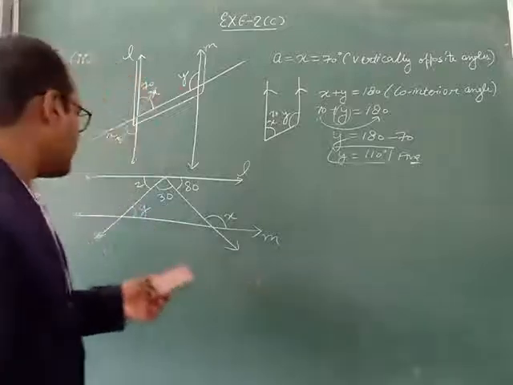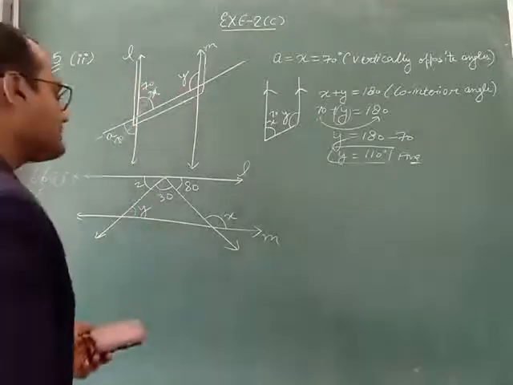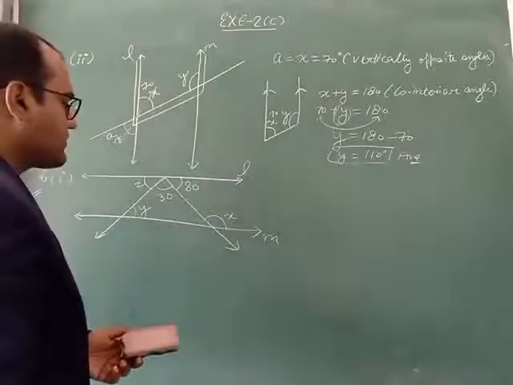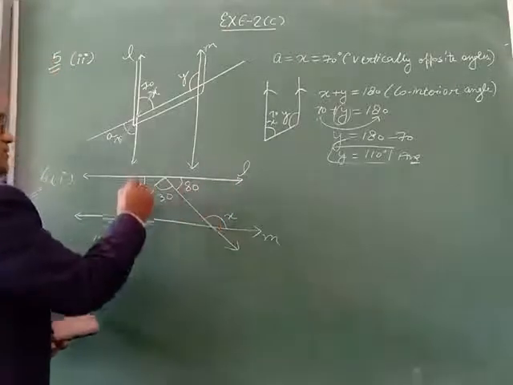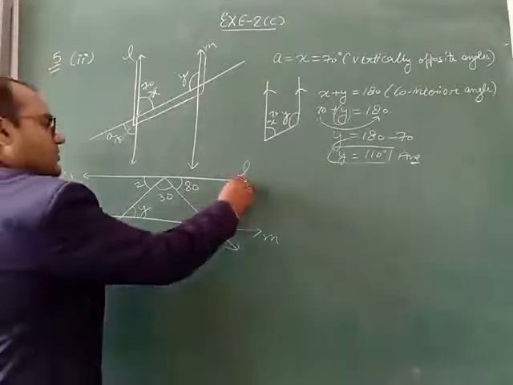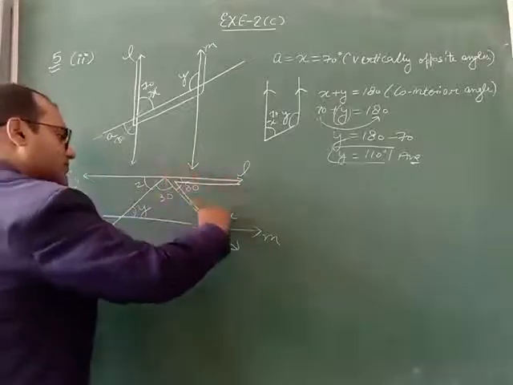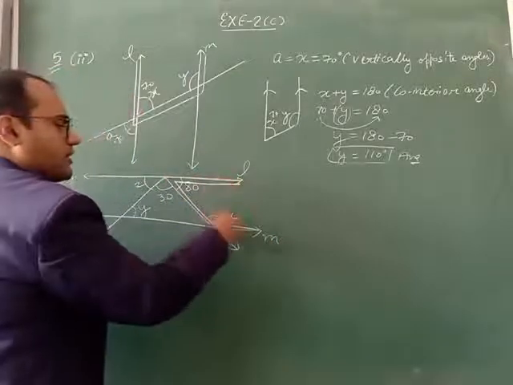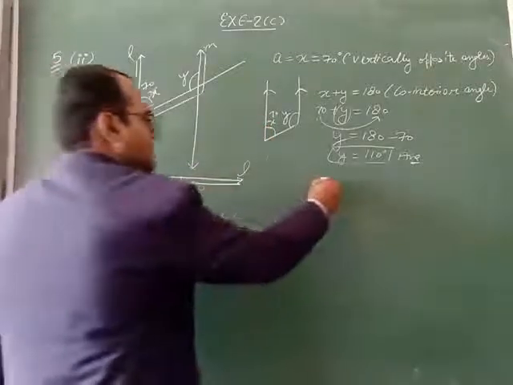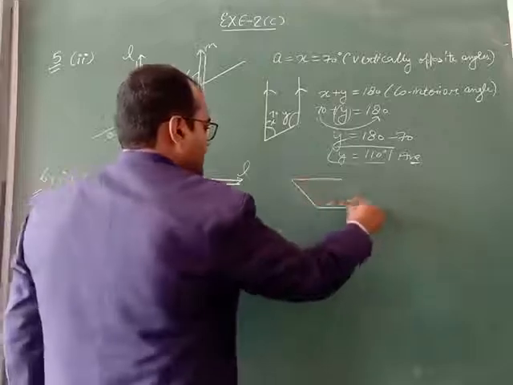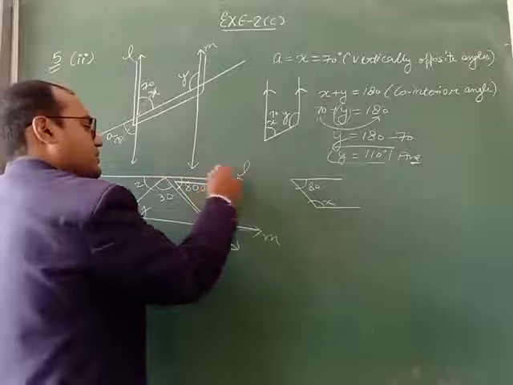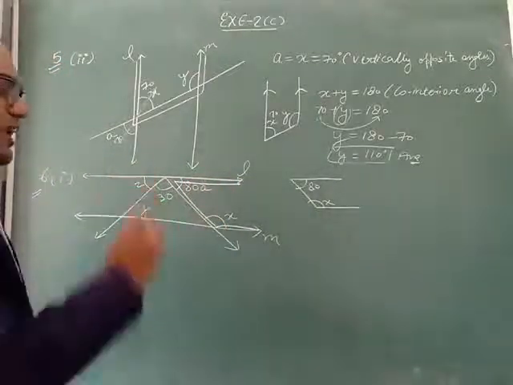Now see another question. Question number 6, first part. L and M both are parallel lines. We have to find x, y, z. First of all we will find x. We will take a U-shaped figure. Just now I explained the U-shaped figure to you. Same work we have to do here. Here it is x. Here it is 80. Let's say this 80 is A. We will give one name.